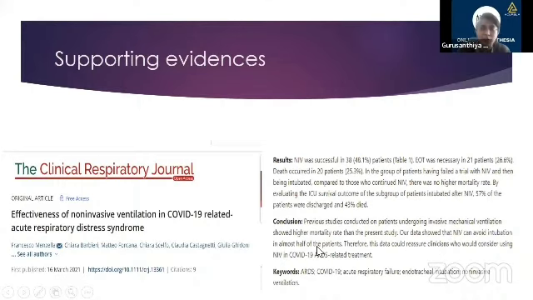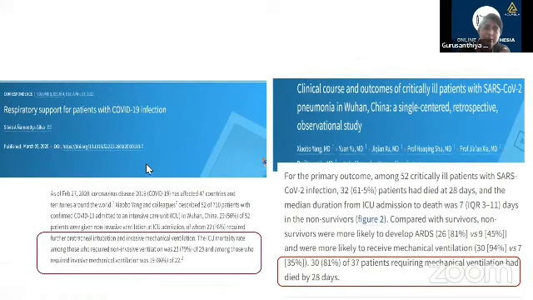So if the patient had not shown any improvement with the NIV, then we would have thought to switch from NIV to intubation, but then our patient improved over a period of 12 hours. So we continued with NIV. These are again the studies from Lancet which actually prevented us from giving an invasive mechanical ventilation to